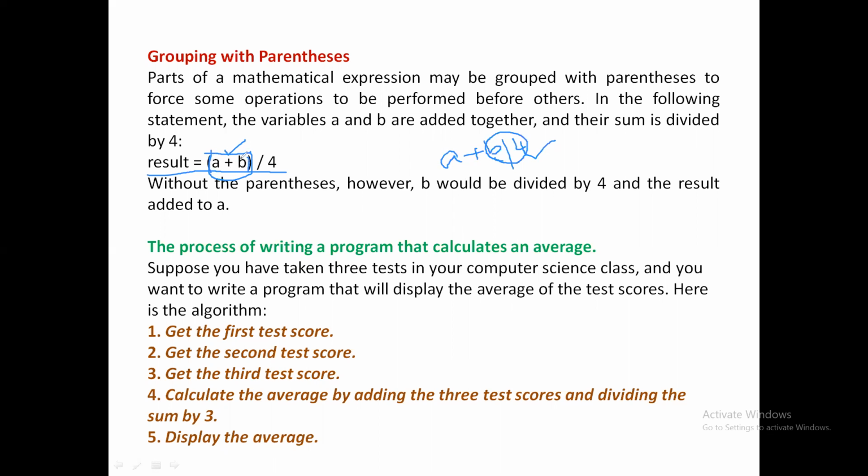Because parenthesis has the highest precedence, even though the operation that you perform inside the parenthesis is of lower precedence, it does not matter. It is calculated first. So in this expression, a plus b is calculated first, and then division by 4 is calculated. So it is changing the precedence levels according to our wish. It is possible with parentheses in our expressions.